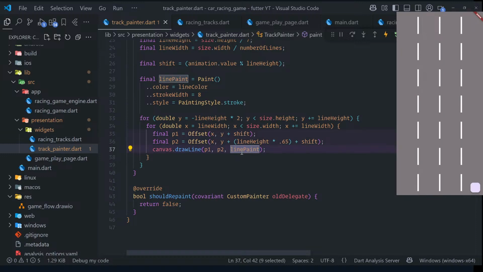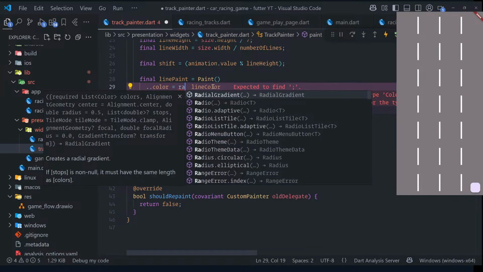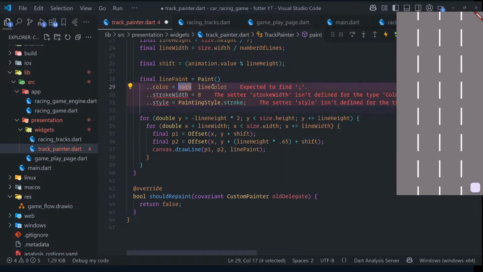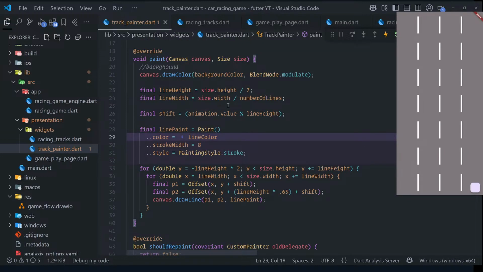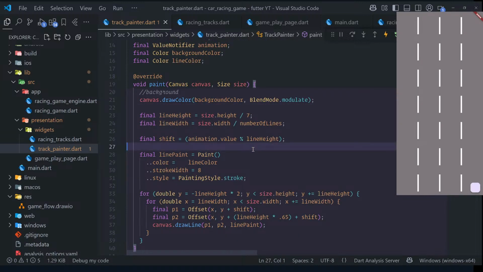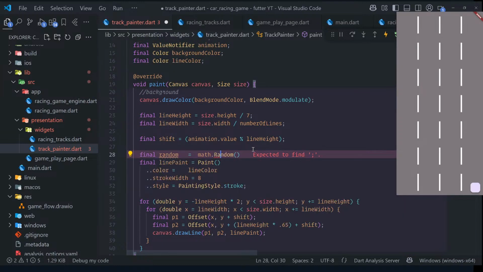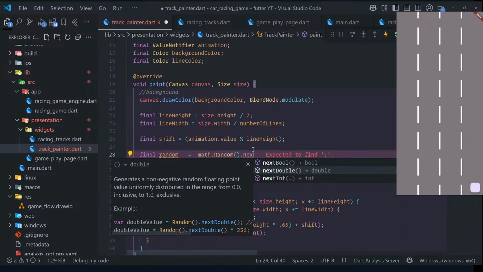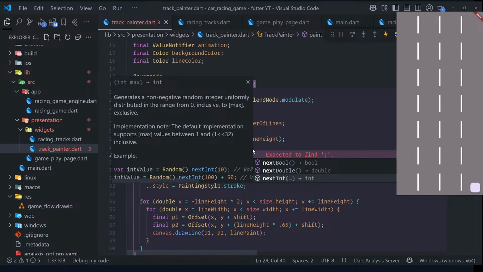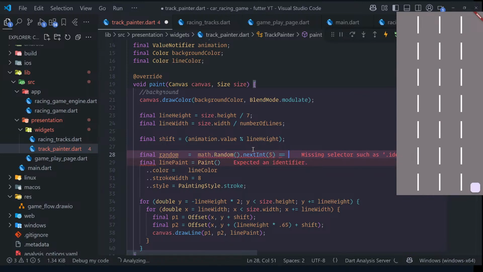So what I need to do, I just need to change the paint for that thing. I can play with it a little bit so that we can just change the color. So random. Oh, I'm not going to use random here. This is quite expensive. I can use it anyway. Yeah, we'll change it later. Change the place later, okay? Random math dot random dot next, let's say max 5. So if max 5 is equal to 3,